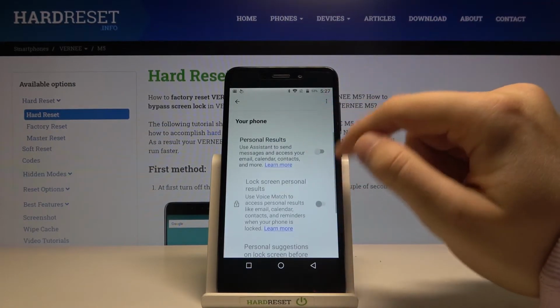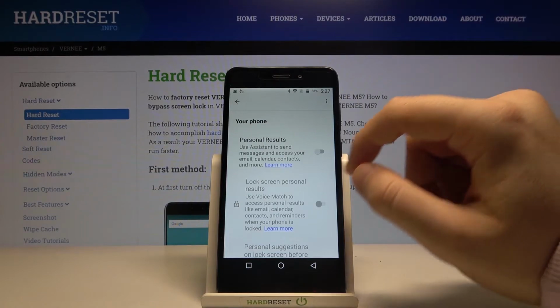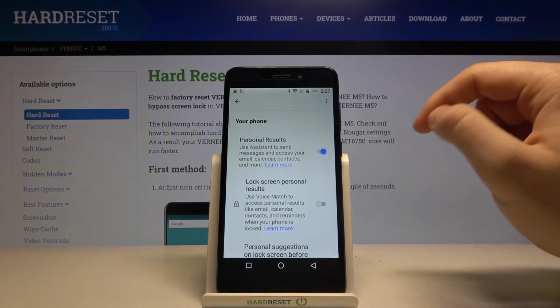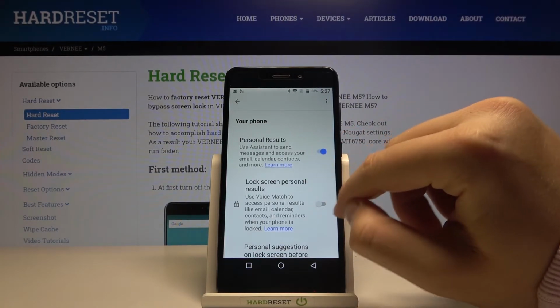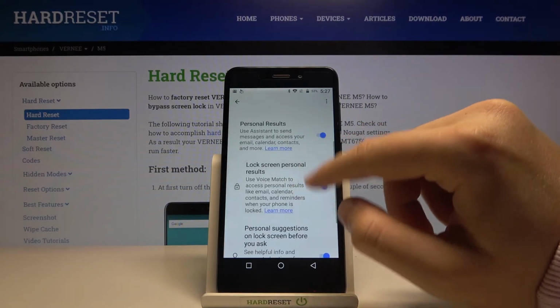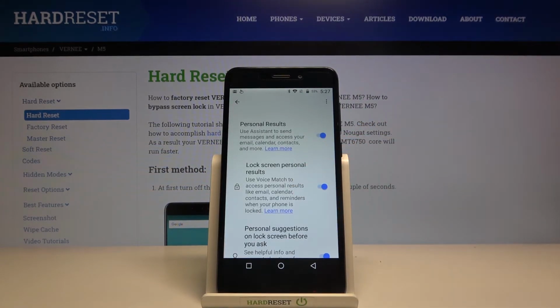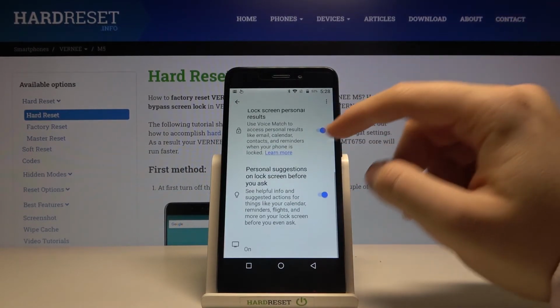So just enter, and as you can see, right now we have to tap on the switcher and then click here to lock screen personal results. So we can use voice match to access personal results like email, calendar, contacts, and reminders when our phone is locked. So as you can see, that's how we can